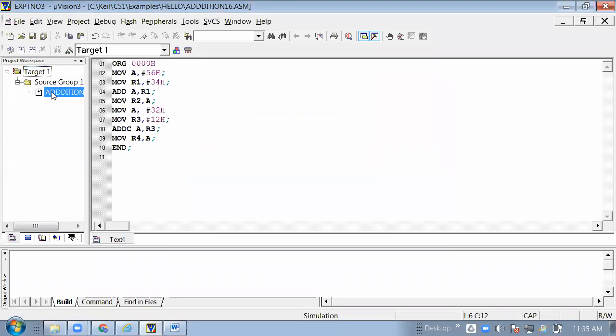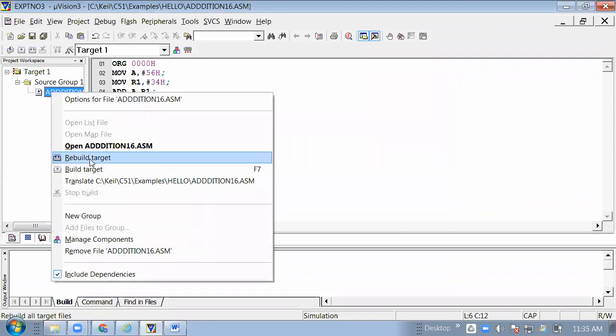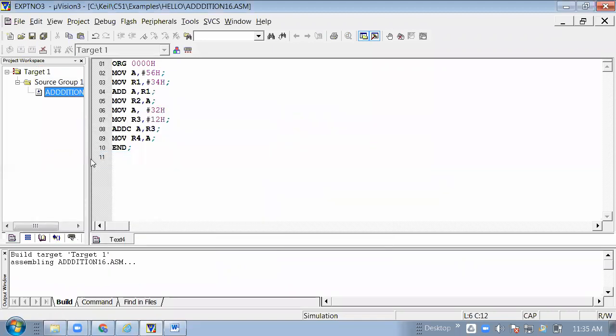Okay. Then after that, right click on that, then rebuild the target. See, if you are not writing the colon, will the program run or not? There is no need to write the colon.